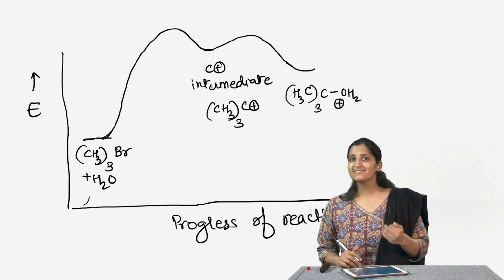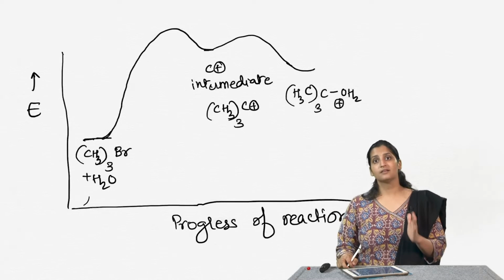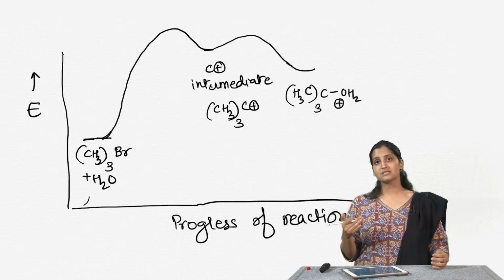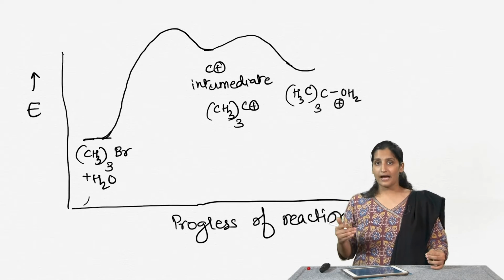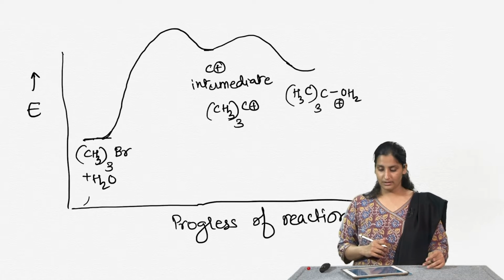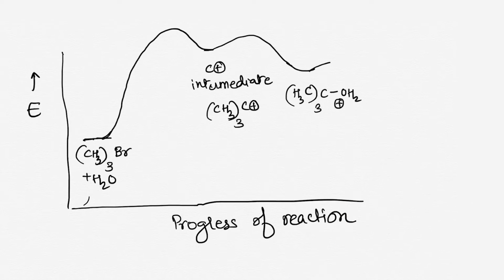Now remember, there is also a strong positive charge present in this compound, but the octet of each atom is complete, and hence this particular species is not as reactive or as unstable as the initial carbocation. Then this molecule lost that proton in the final step to give us the product, which was our tertiary butyl alcohol,